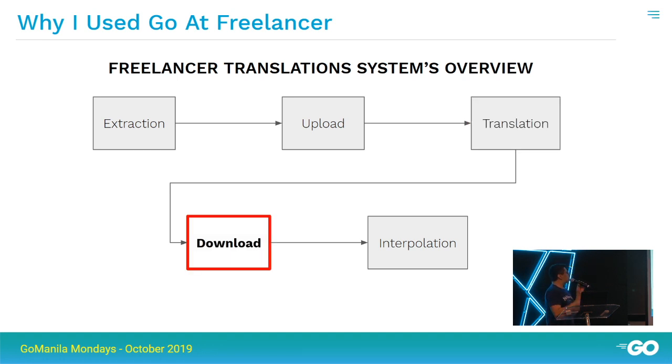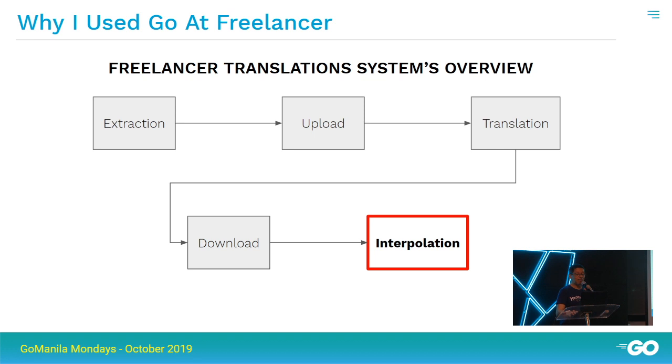Then the next two steps are also automated. The download process: depending on what, at one point in time, a module needs certain translations and what language it needs them for, it can ask the microservice, hey, I'm such and such domain, I need the translations for this domain in German, and the translation service serves the translations for that particular language.